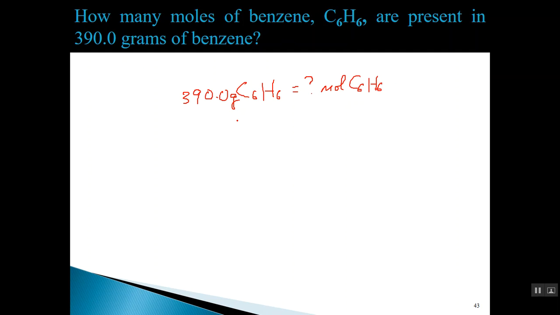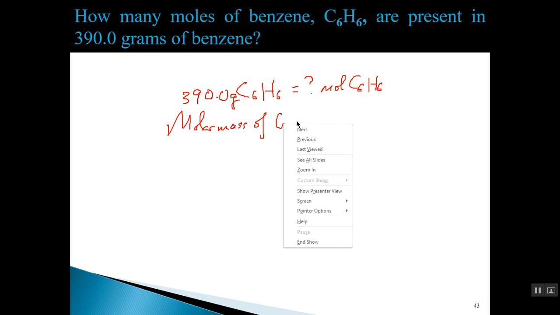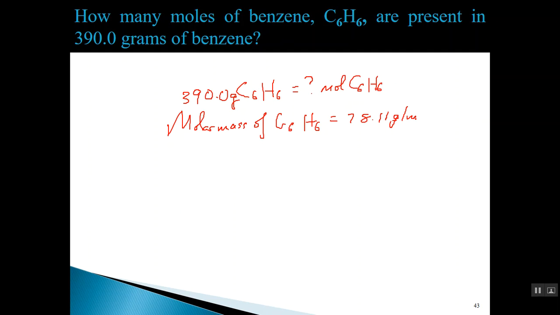We know how to do that, of course, by adding up the molar masses of the different elements present in the formula. And when I did that, the answer I get is 78. So let me write here: molar mass of C6H6 is equal to 78.11 grams per mole. So the way I would set up this problem is I would start with the